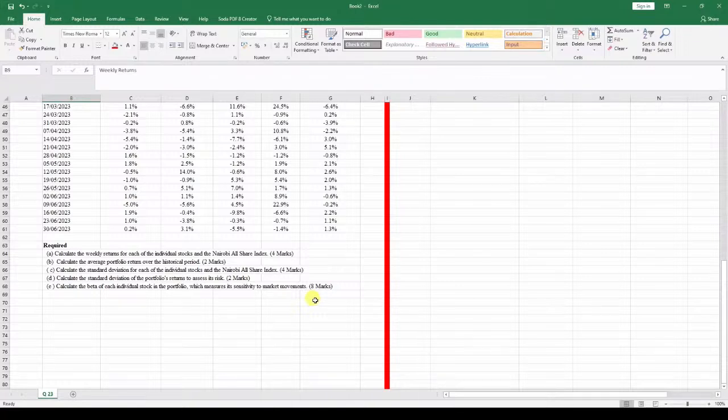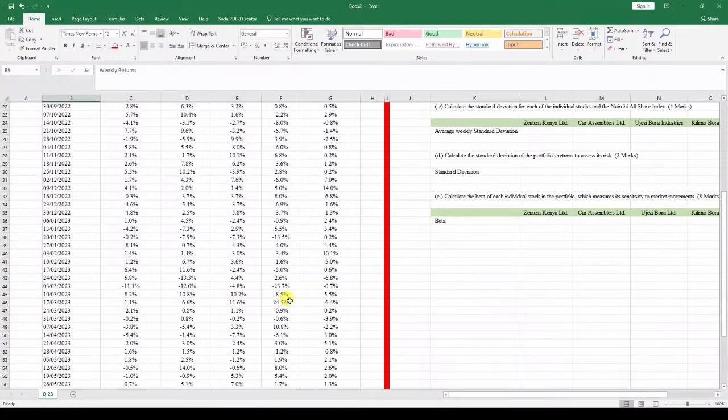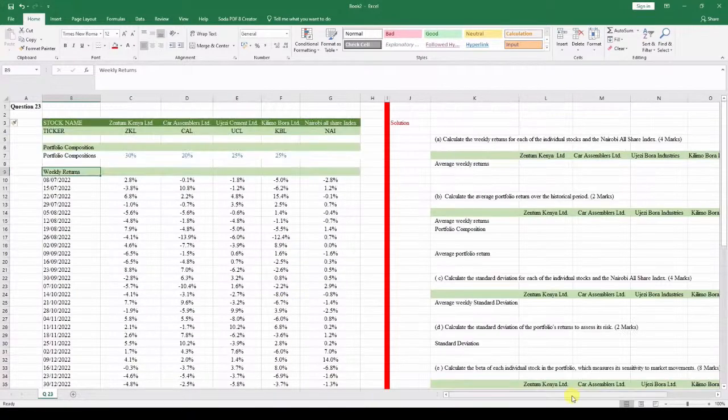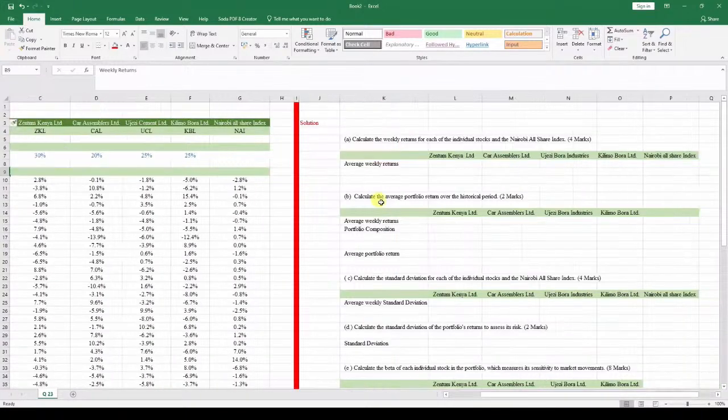And you can see these are 20 marks. This is a 20 marks question. So the way I've decided to arrange the information is to arrange it as you can see on the right of your screen over here, to calculate the weekly returns for each of the individual stocks of the Nairobi All Share Index. So we just pick average,